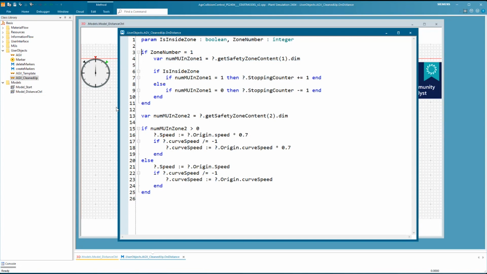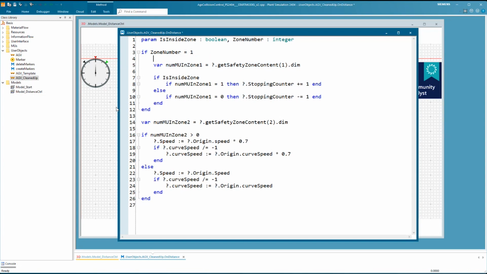And then this code block says: if somebody entered my zone and if num_mu in zone 1 is now 1, this in combination means that another vehicle entered my inner safety zone and it was the first one.